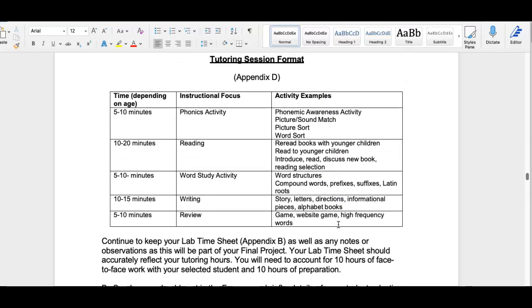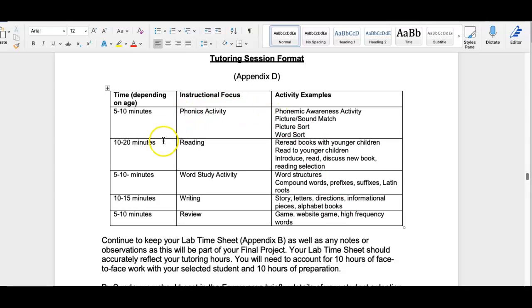Here is a sample of a tutoring session breakdown of time and activities. 5 to 10 minutes may be a phonemic awareness activity. It might be picture sorts. It might be a phonics activity where you may be matching the picture with the letters or a word sort. You may have 10 to 20 minutes of reading, 5 to 10 minutes of word study,